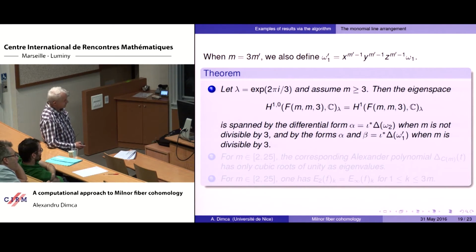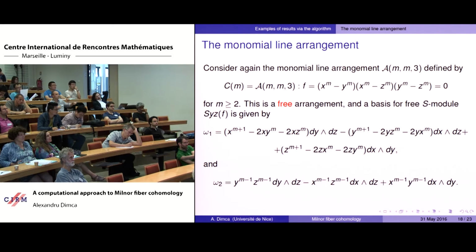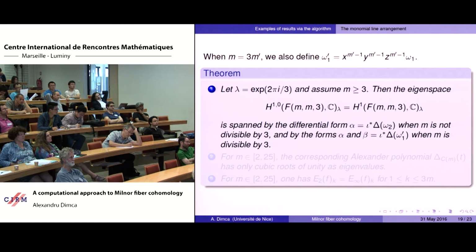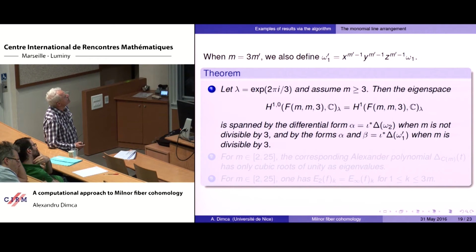Okay, and so you see I consider this omega 1, omega 2, and when m is a multiple of 3, I define an additional omega 1 prime. And why are all these interesting? Because now I can describe a basis for this